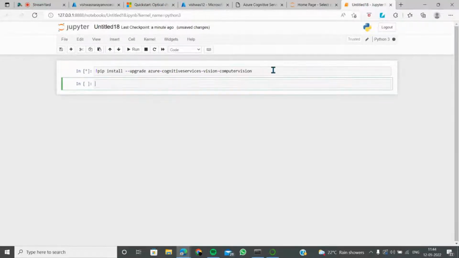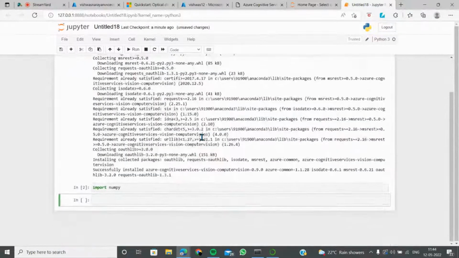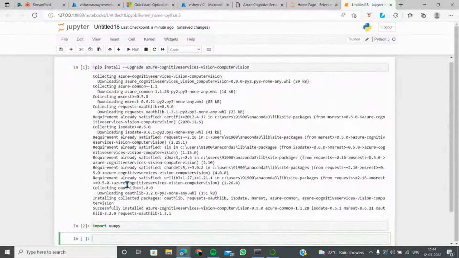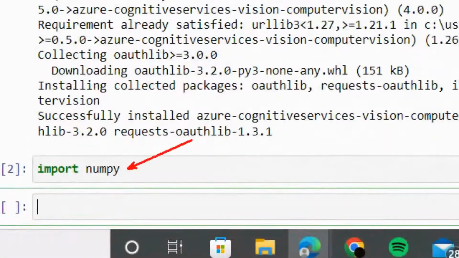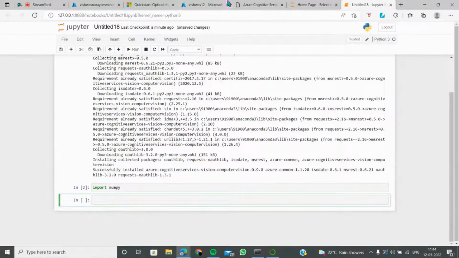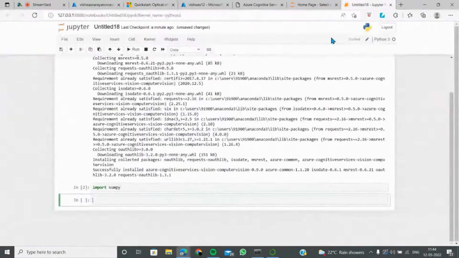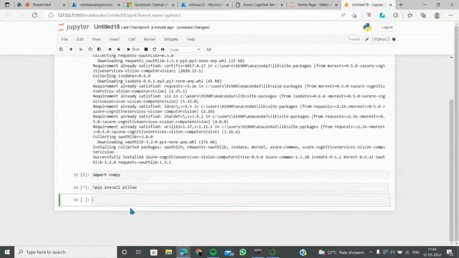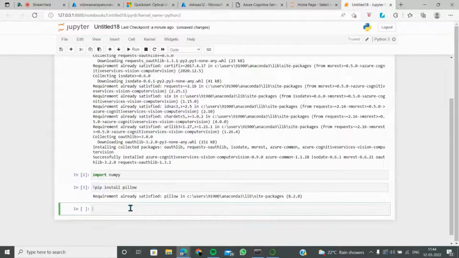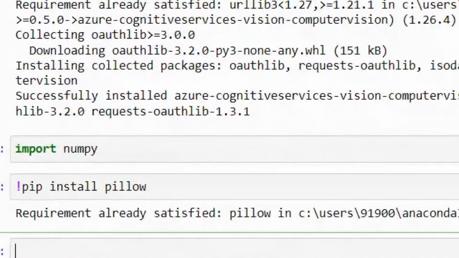So something like I do this and I say import numpy or something. I don't think my sister has imported numpy, but if she has, that's perfect. So she has installed it, so it's there on my system. Now the next move that I have to do is pip install pillow. If pillow is there, it will not install, it will say already installed. And it's saying requirement already satisfied, that means it's already there.